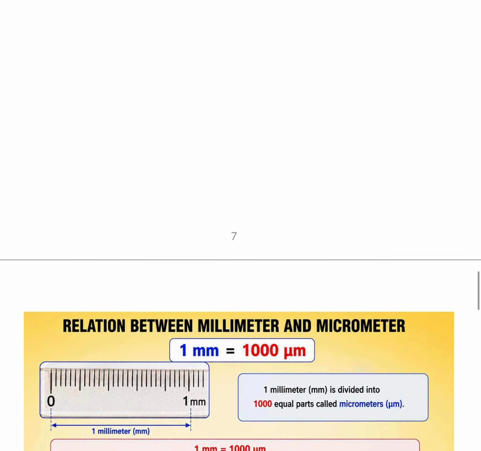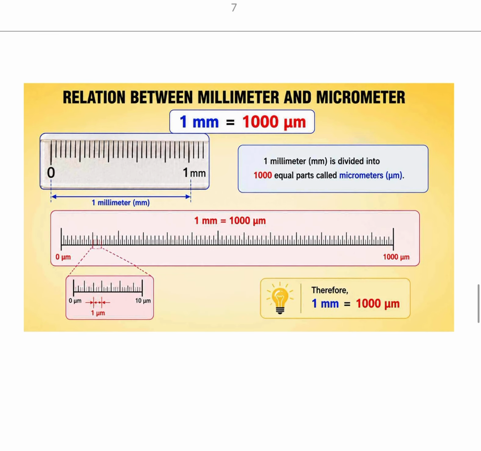We'll understand that. The relation between millimeter and micrometer, you have to understand this, because microscopy is an integral part of cytology. Without a microscope, you cannot study it. If you're using an instrument that has the word micro, you should understand what it signifies. Here, the first line is explaining all.